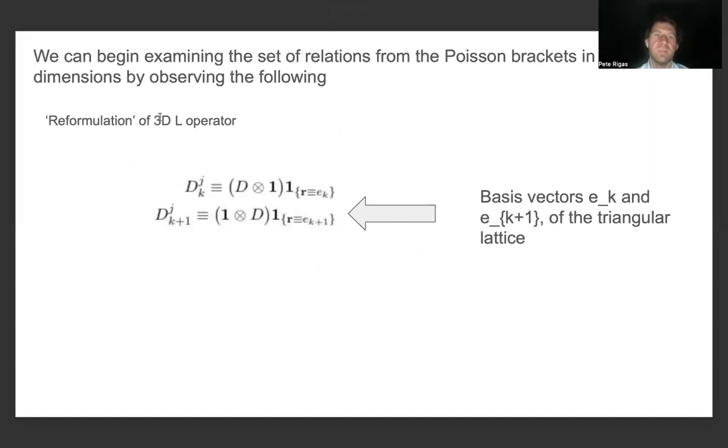And so we can begin by examining the set of relations from the Poisson bracket in 3 dimensions by observing the following. So now we're going to actually get to the expression for the 3-dimensional L operator. And as I mentioned, we're going to reindex or reformulate this type of quantity so that we can establish and study the influence as well as potentially the dominant forces, either through staggering or inhomogeneities, or looking at different weights